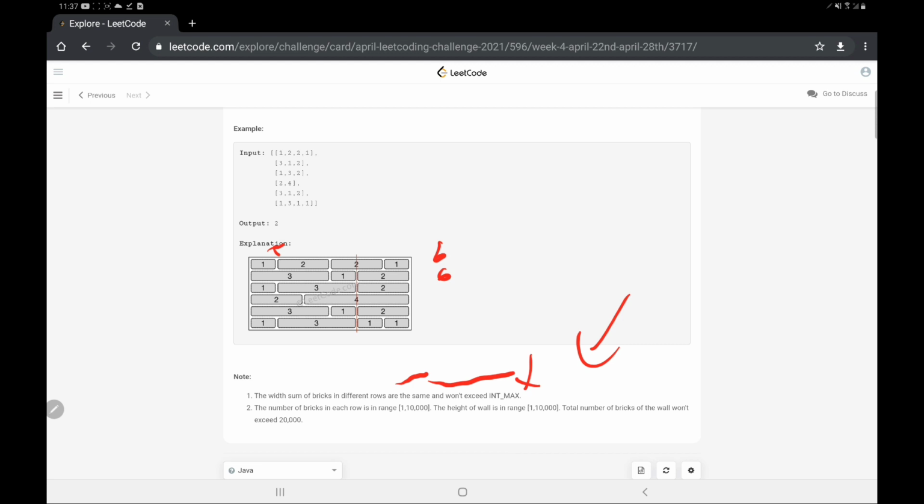Now this is the main hint that is given to us over here. We will see in the approach how we are going to use this hint to make our intuitive approach. Many times people ask how the intuitive approach is based. I say that by looking at the constraints.